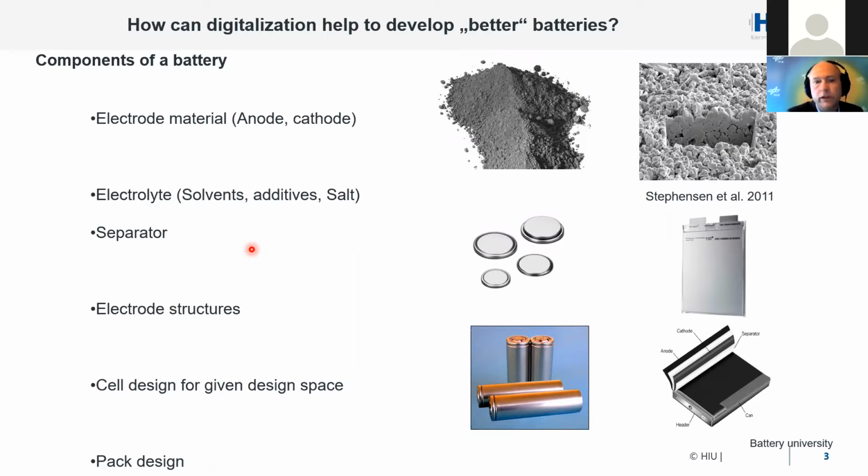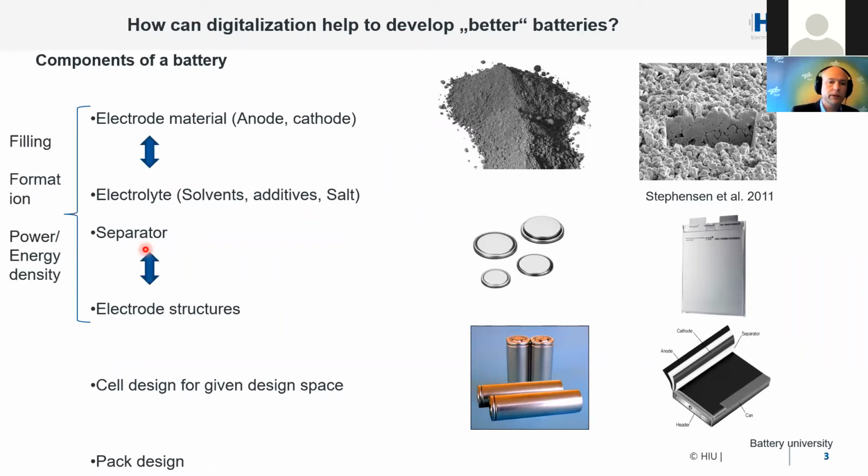These are the electrode materials, anode and cathode, the materials themselves. So mostly these are powders, but electrolytes are also very important. For example, if you want to avoid degradation, you have to have the right additives. If you want to build up a proper SEI, you need the right additives. And of course, the kind of salts you are using is also important. The separator is not very often considered in modeling, but of course it is essential, since it has to fit the electrodes, and the porosities of the separator might also be important.